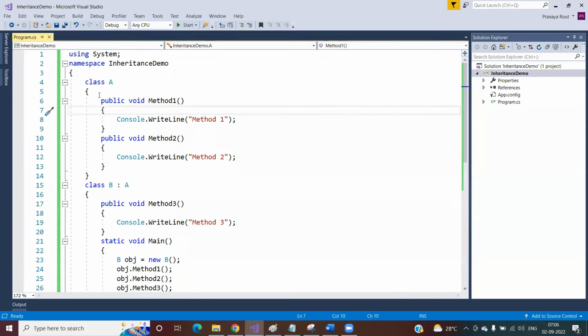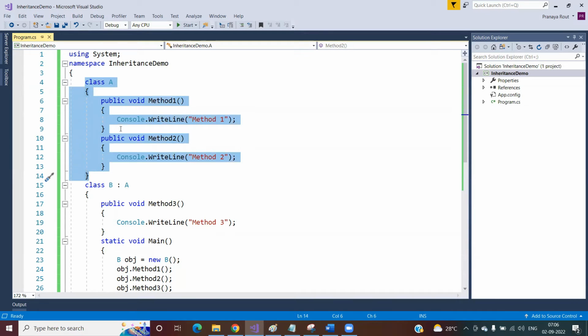Then as a developer, if we are not providing any constructor, who is going to provide the constructor, and what type of constructor is provided? The compiler is going to provide the constructor, and the compiler provided constructor is always public and parameterless, right? So in this case, if you look at this class,